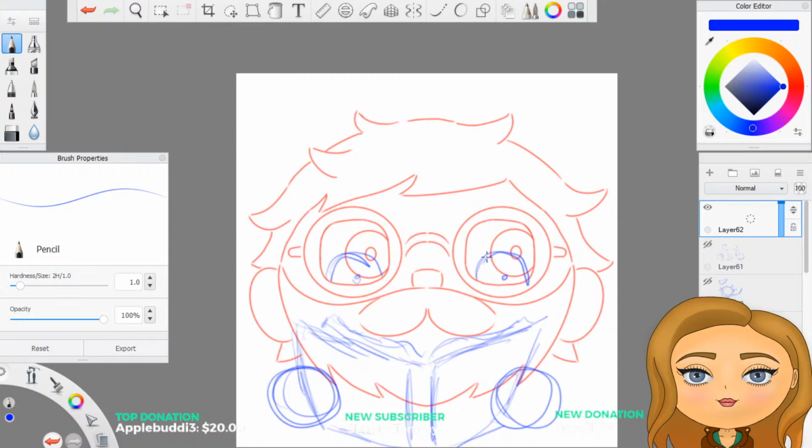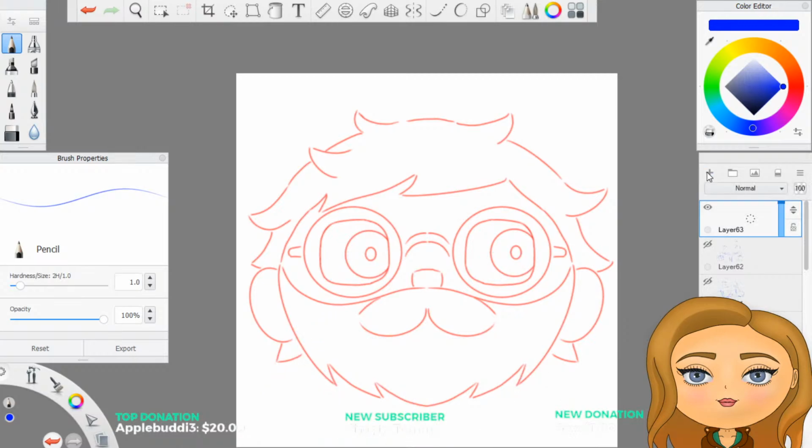Reading this book, I think that would definitely be more of an eyebrows up. We're learning something here.